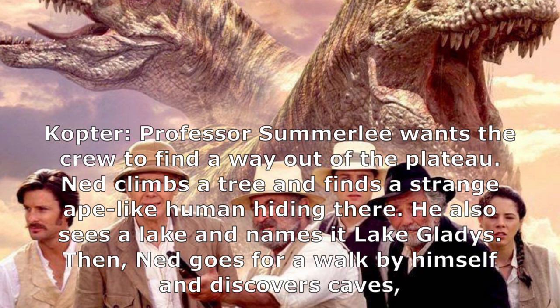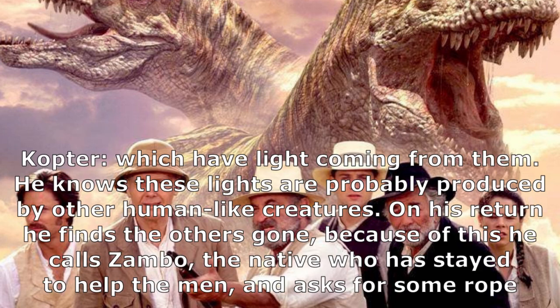He also sees a lake and names it Lake Gladys. Then, Ned goes for a walk by himself and discovers caves which have light coming from them. He knows these lights are probably produced by other human-like creatures. On his return, he finds the others gone. Because of this, he calls Sambo, the native who has stayed to help the men, and asks for some